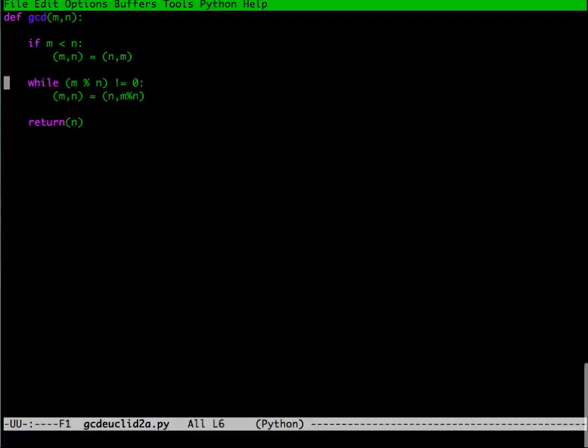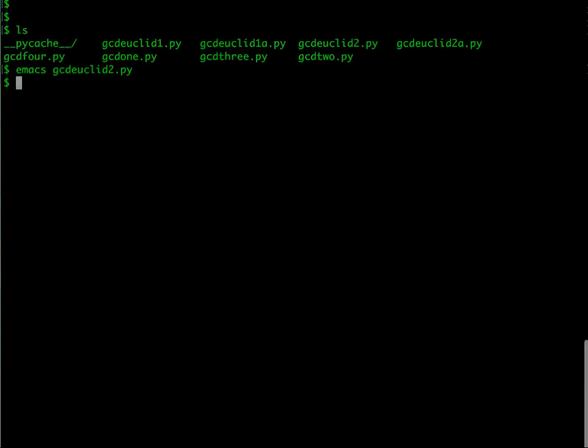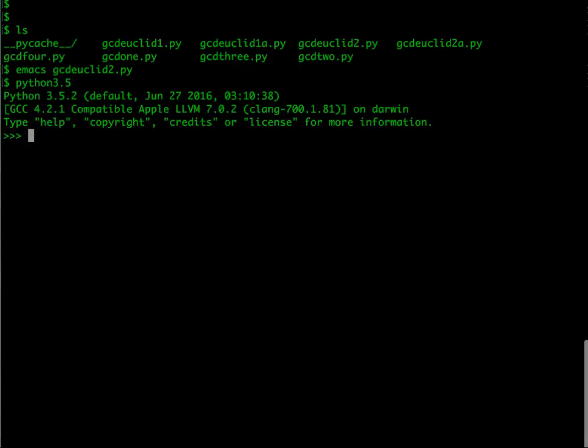So we also had a version of this where we did it with a while loop. So let's use the while version. The while version says that so long as the remainder is not 0, we keep updating m and n to n and the remainder, and then finally we return the value of n. So I'm going to take this particular thing and load it into Python. Again, I first invoke the interpreter Python, and then I say from gcd Euclid a import star. Now I'm going to give that same large value that we saw before, which I think was